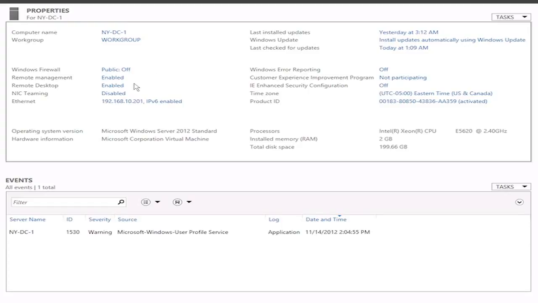Both remote management and remote desktop are enabled. And I will take this a step further and tell you that I am connected to this computer right now via remote desktop. This is a remote desktop connection that I have running right now into NYDC1. You'll see I have a static IP address of 192.168.10.201. And I don't know that any of this really matters for what we're doing, but I will point out